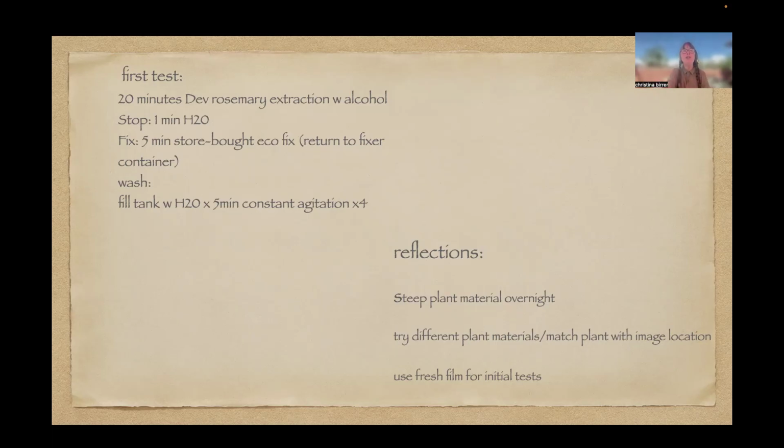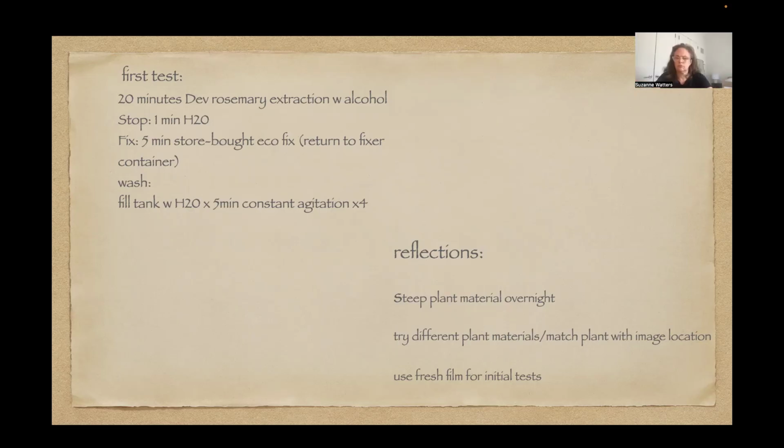I also found out, which I didn't know before, that if you fill the tank with water for the wash and agitate constantly for 5 minutes, then refill it 4 times, you get an archival piece of film without gallons of water running over it. So that was interesting.